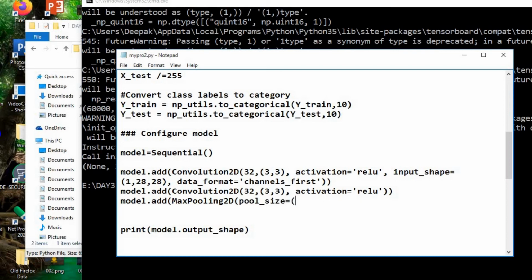the next layer, which could be the max pooling. So max pooling layer with the shape of structuring element of 2 by 2. So pool size we indicate here as 2, 2. Next to that, we will add one dropout layer.